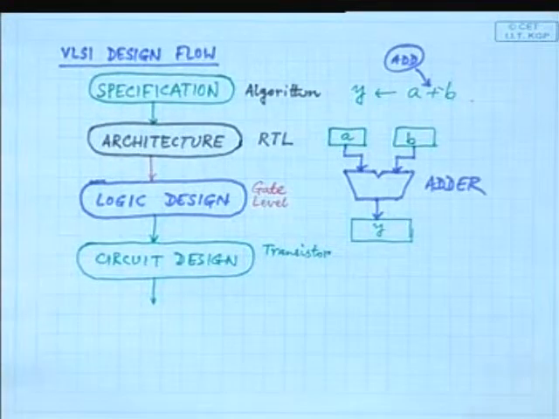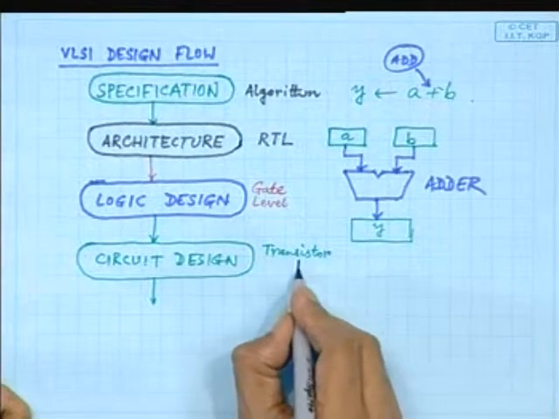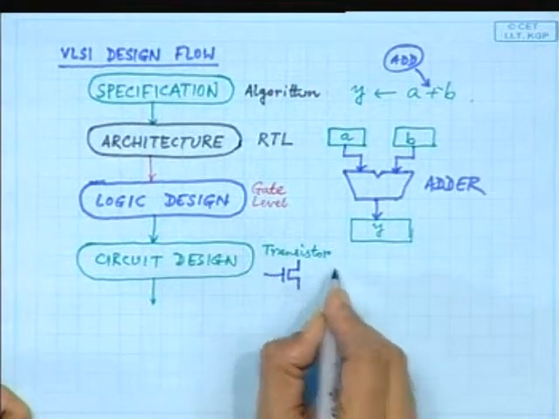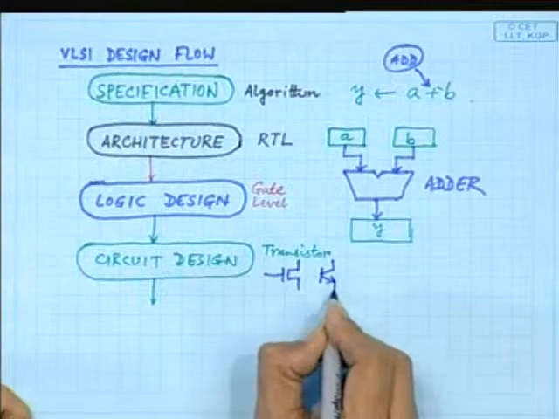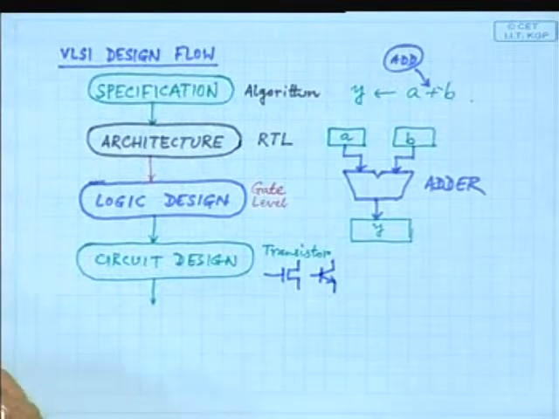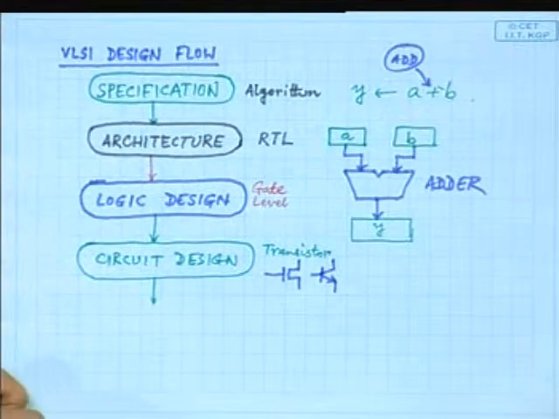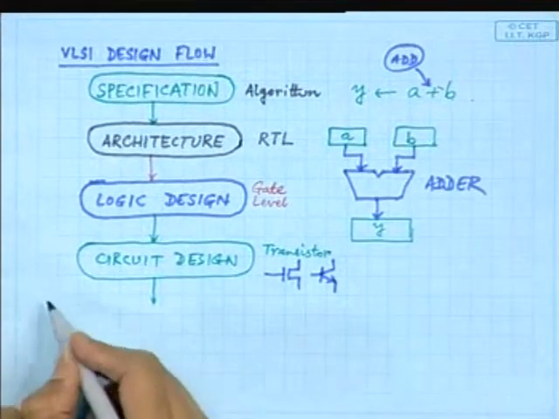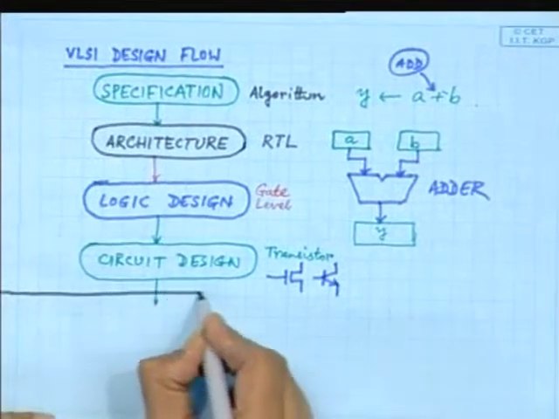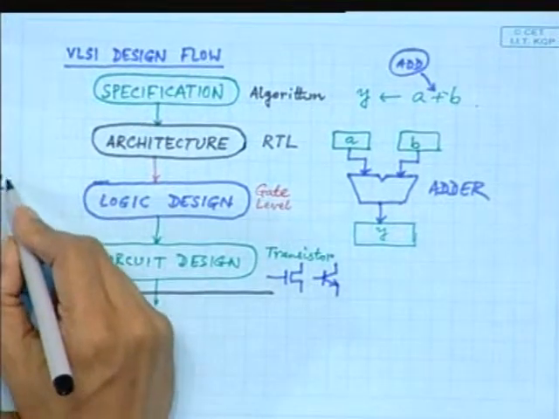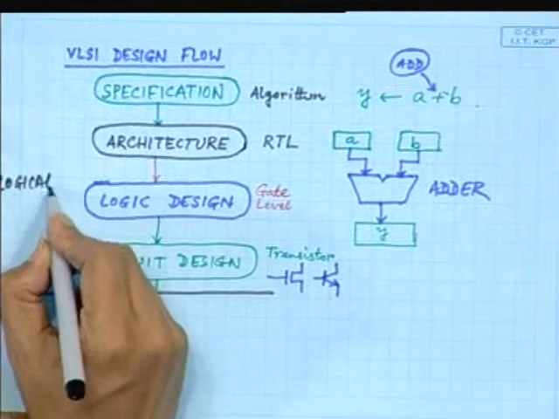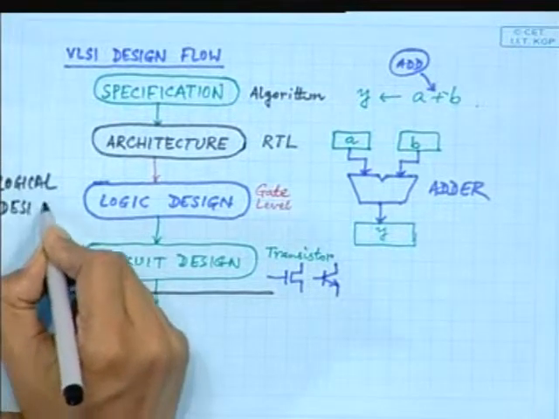Because at the circuit level you have already reached something like a transistor, where you are using either this or maybe something like this. So the next will be the device, whatever we have drawn earlier: what will be the device geometry, what will be the doping concentration, etc. So after circuit design, basically you are entering a domain which is called physical design. Up to this portion is sometimes called the logical design, vis-a-vis